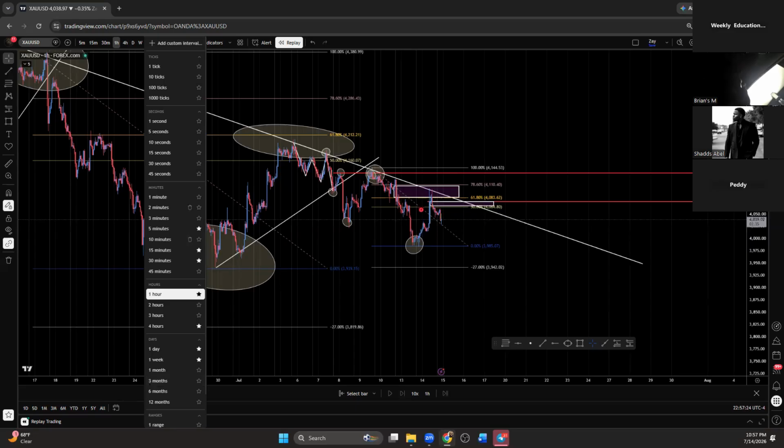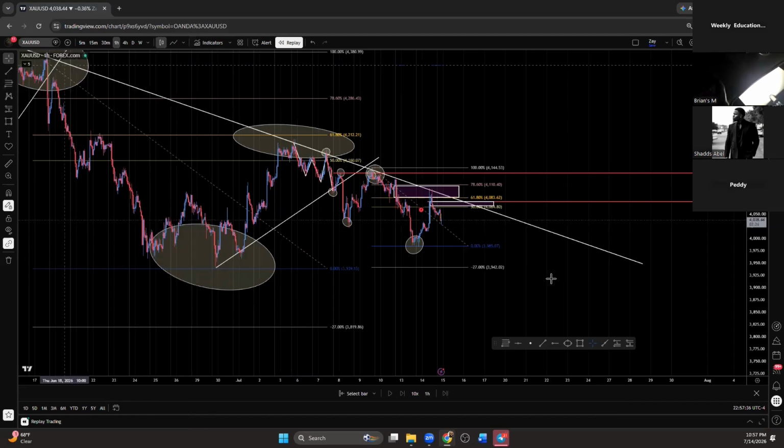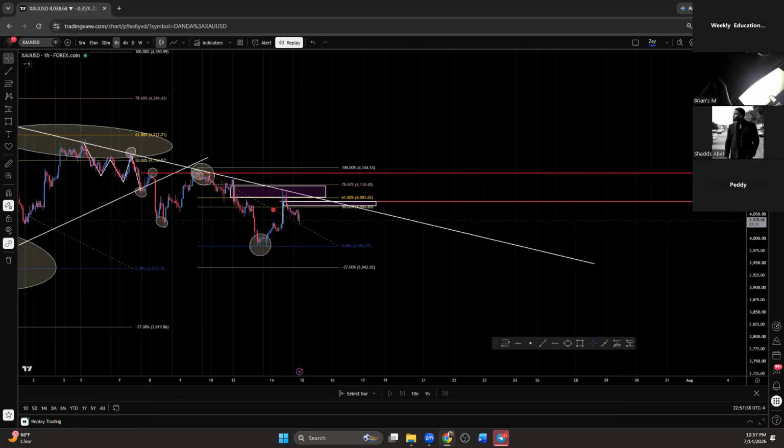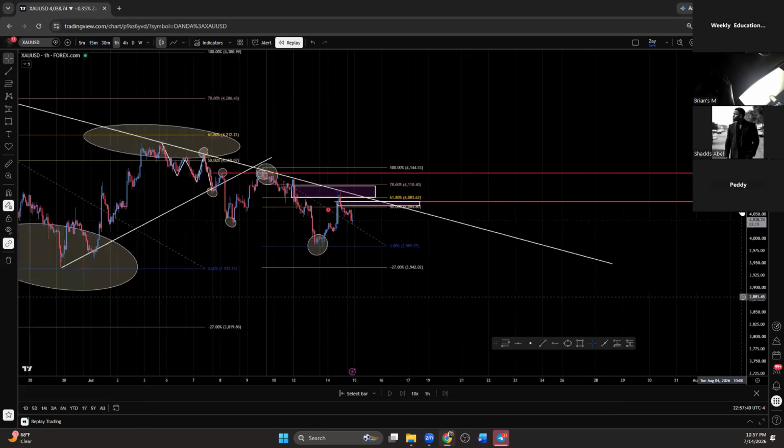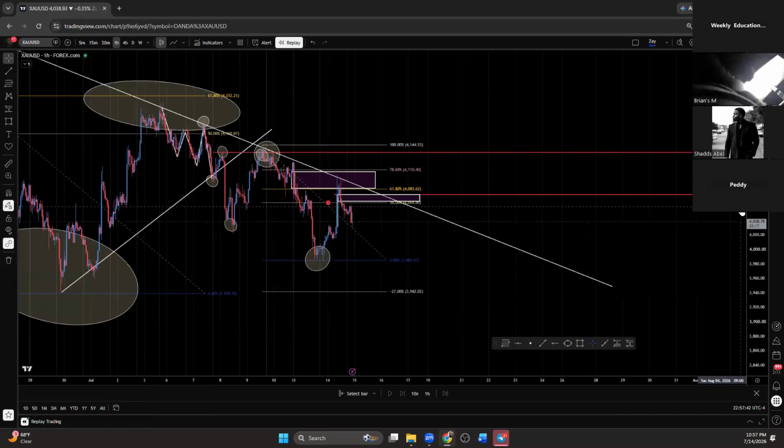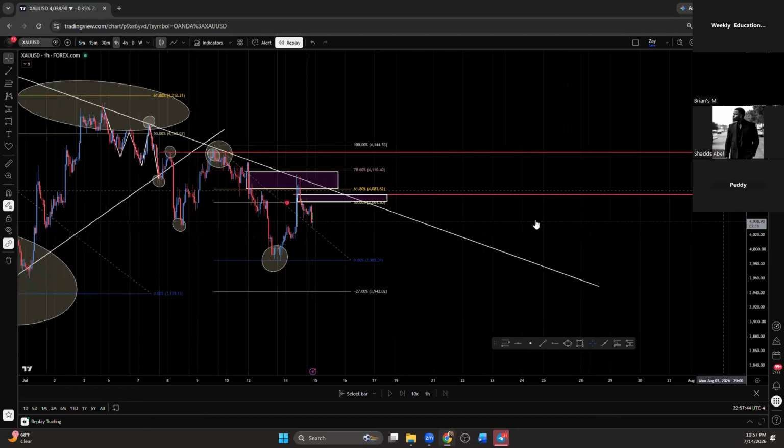Awesome. Someone said I am actually in a sale from the rectangle block. Where would you look to take TP for this sale after CPI? So, me personally, you gotta understand, we already got the fear from this high to this low, right? And then we're looking for that retracement that's already happened here.